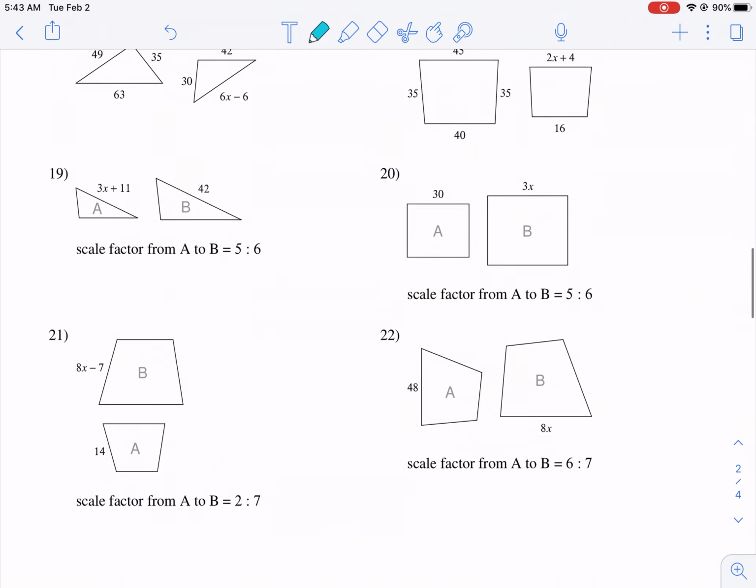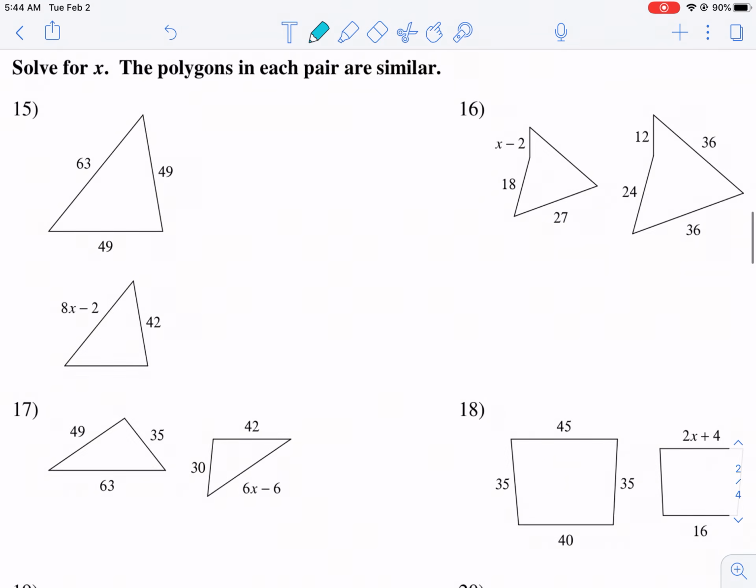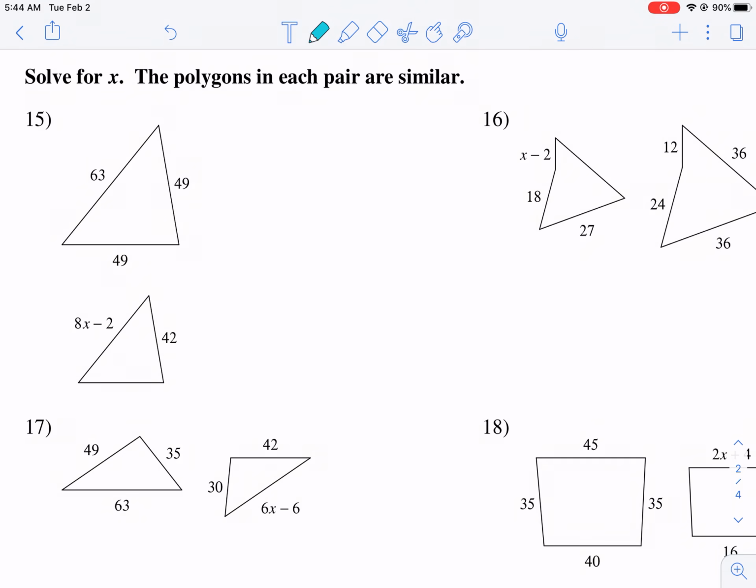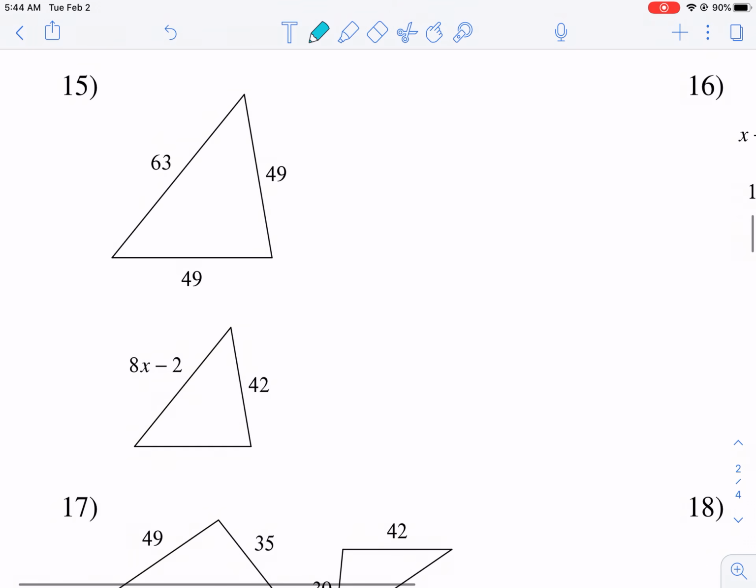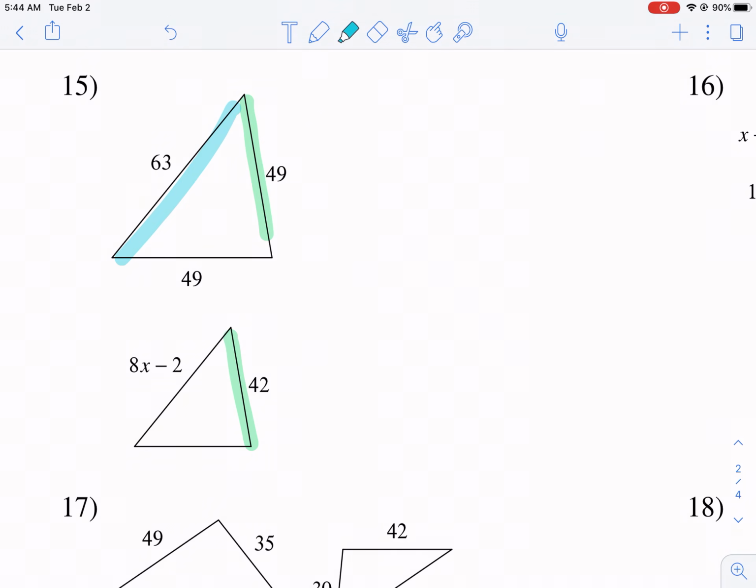Let's take a look at the last section here, and then I'll let you guys go. Solve for x. The polygons in each pair are similar. Okay. I'm guessing it needs to orient it in the same way. So this 49 is related to that 12. And then we have the 63 is going to be related to this 8x